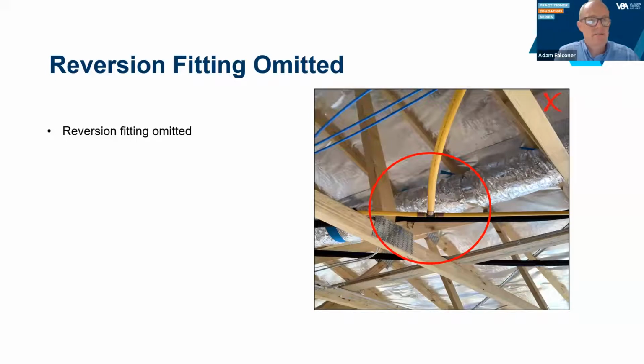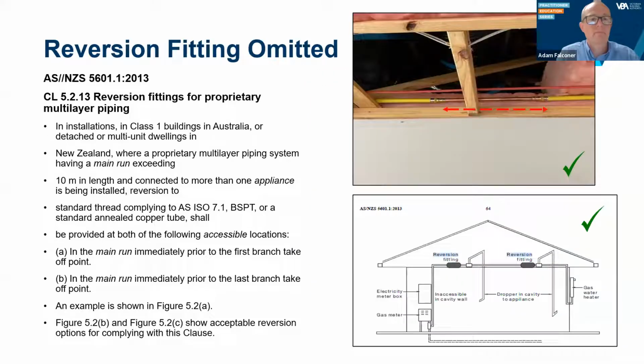Reversion fittings. This one is an all too common fault we find in the inspection space and the audit space for that matter. It is much easier to install reversion fittings in this instance without the plaster. The 5601's clause